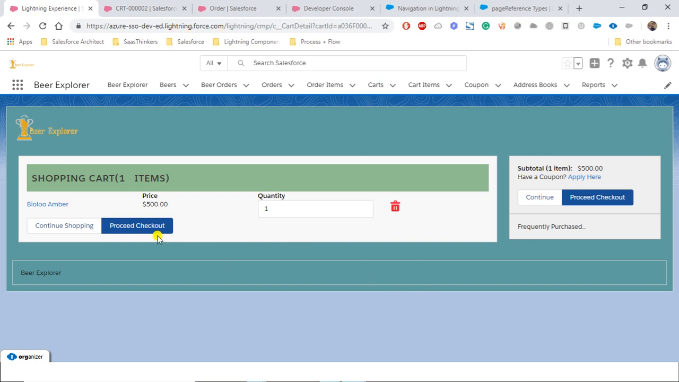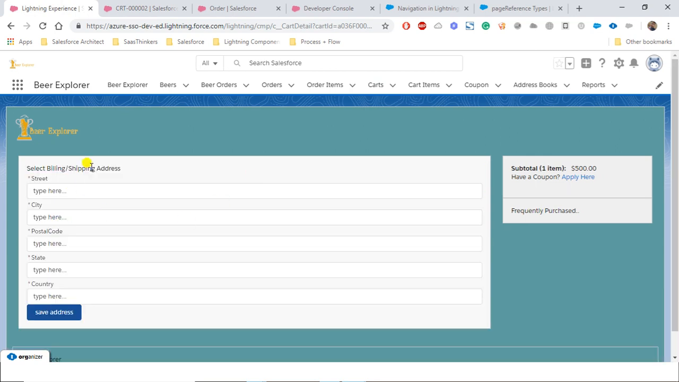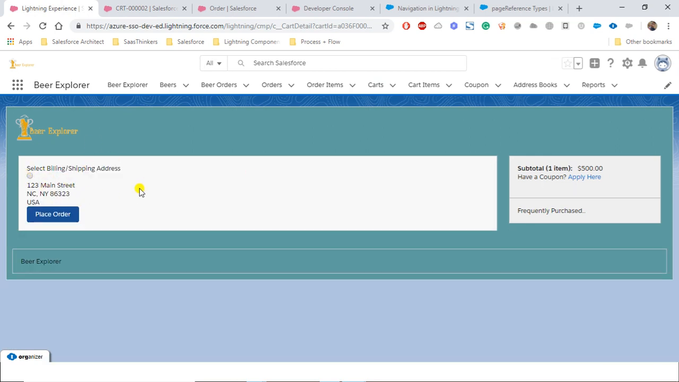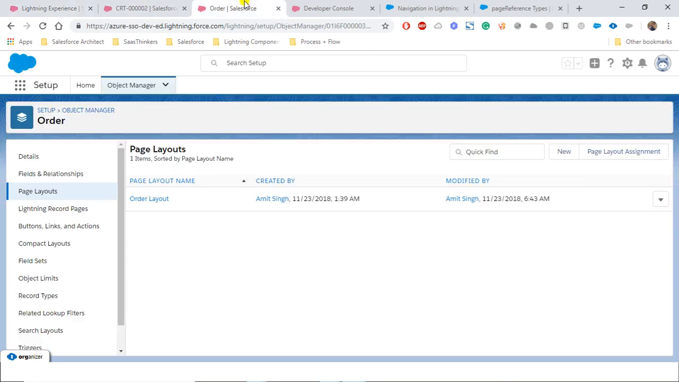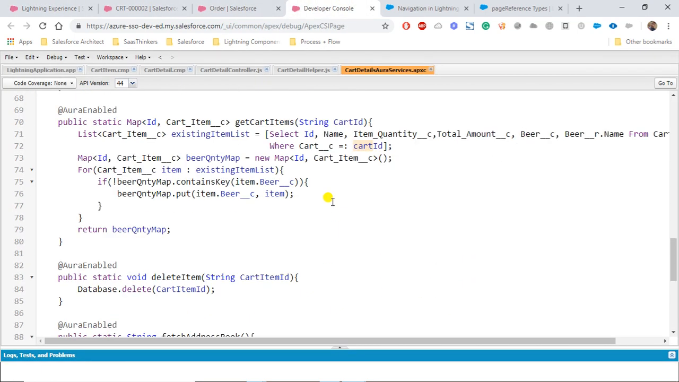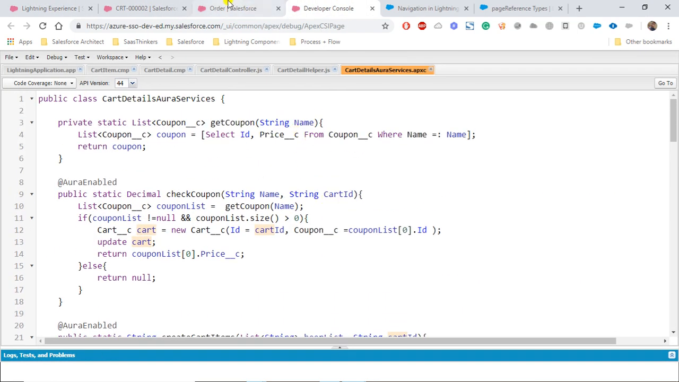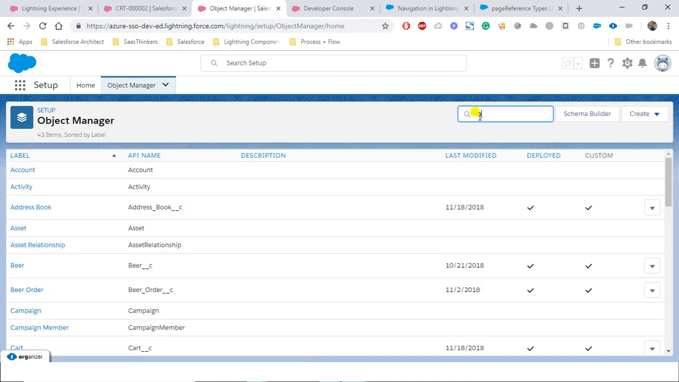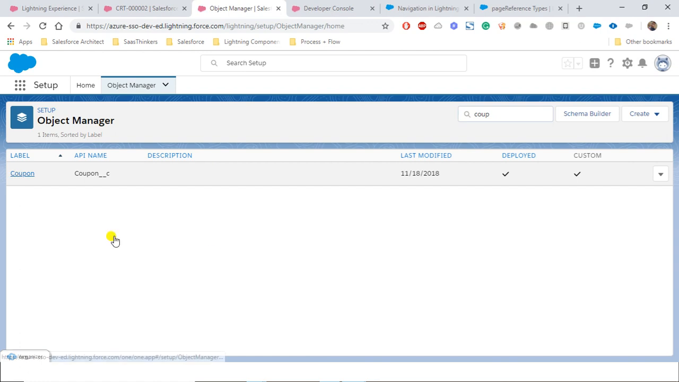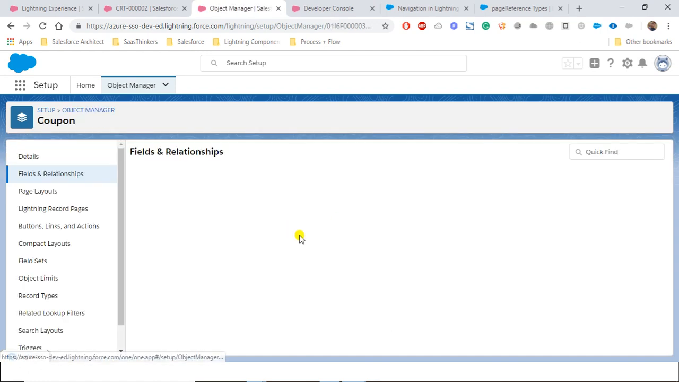So now next what we'll do, we can see proceed to checkout, we are able to get. So for the coupon we also need to check. Let's say that the coupon is not valid, or the coupon has already expired, so what we need to do is check here on the coupon. So let's go back to the coupon object, get those two fields, that is